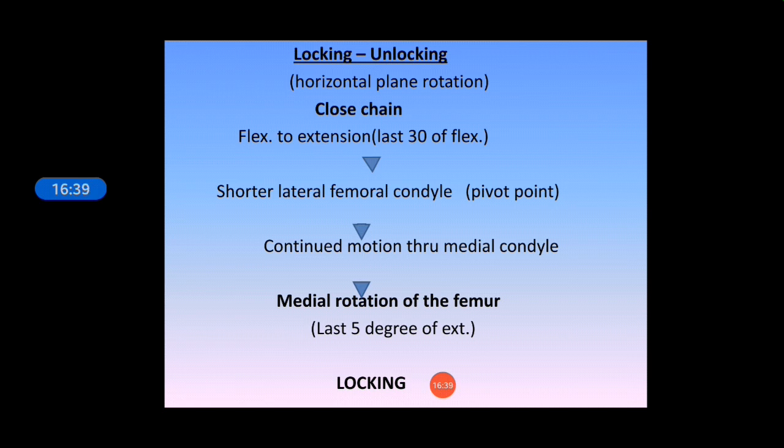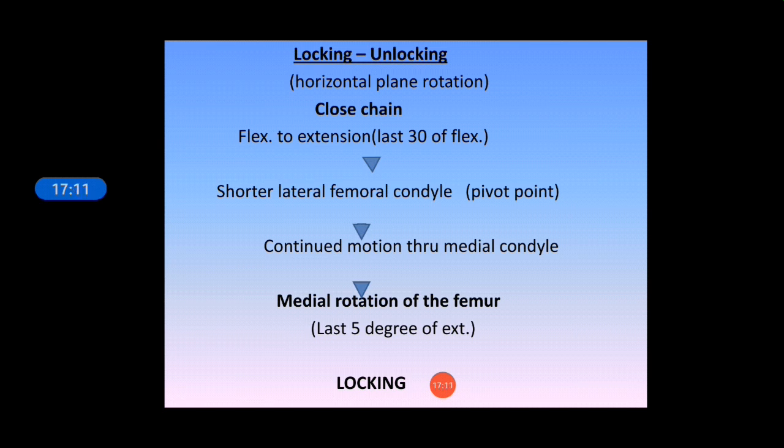As extension continues, the longer medial plateau continues to roll and glide anteriorly after the lateral side of the plateau has halted. This continued anterior motion of the medial tibial condyle results in lateral rotation of the tibia on the femur, with the motion most evident in the final 5 degrees of extension. Increasing tension in the knee joint ligaments as the knee approaches full extension may also contribute to obligatory rotation motion, bringing the knee joint into its closed pack or locked position.